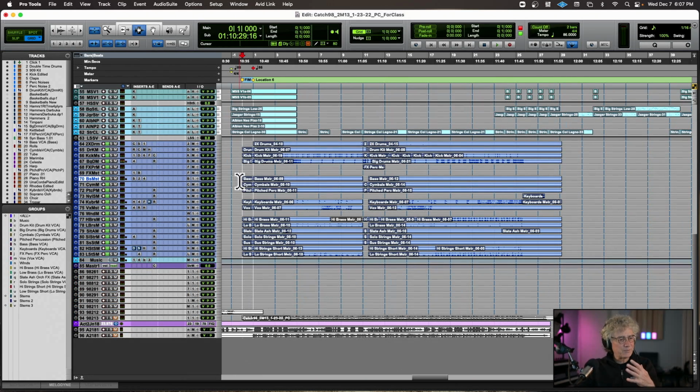But this is one of the beauties of being a musician, a composer now, who not only has musical training or has ideas and wants to be able to create those ideas, but also has a handle on technology, right? Because nobody else in the world has that sample. It's custom made for this particular film, and it's used.